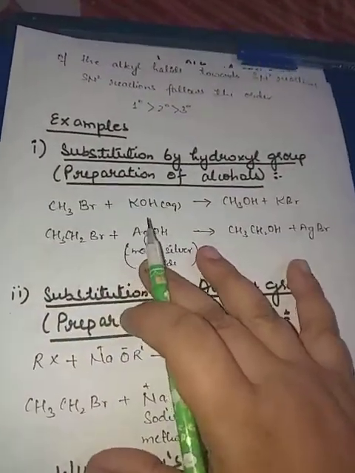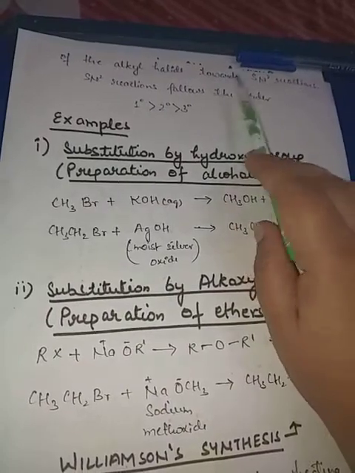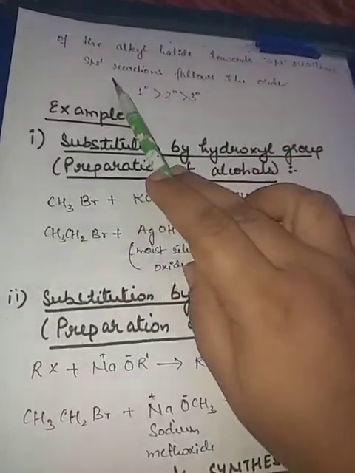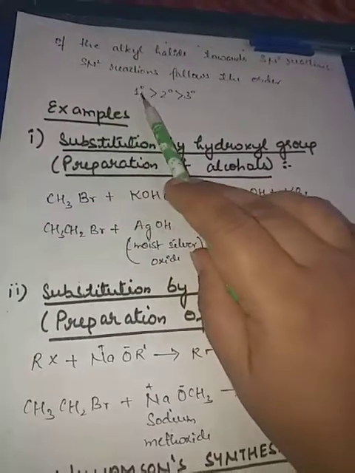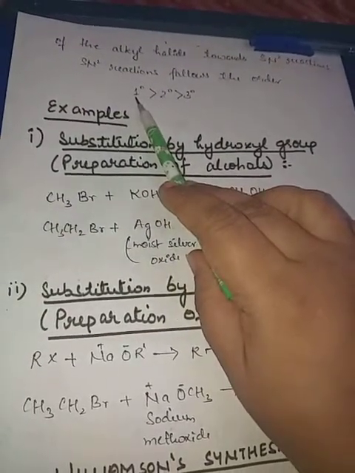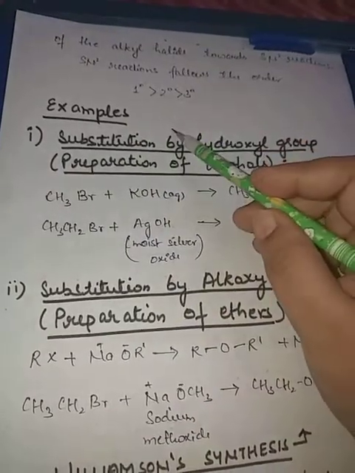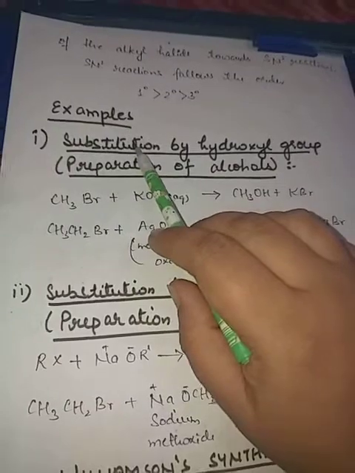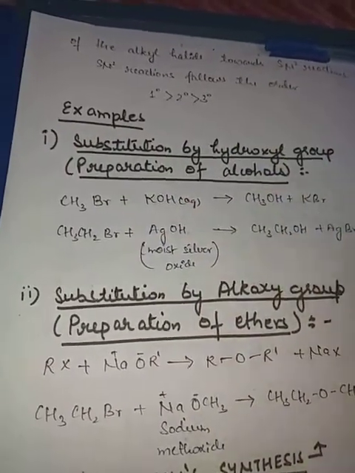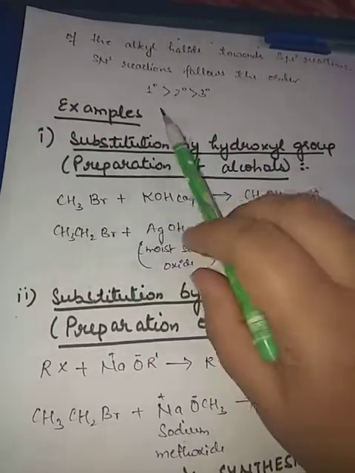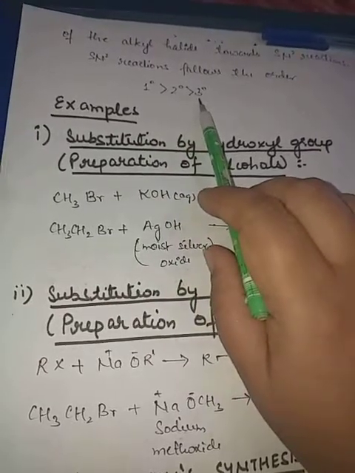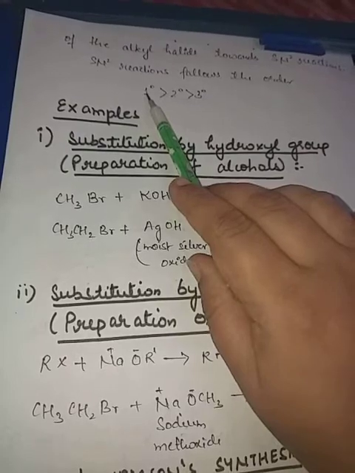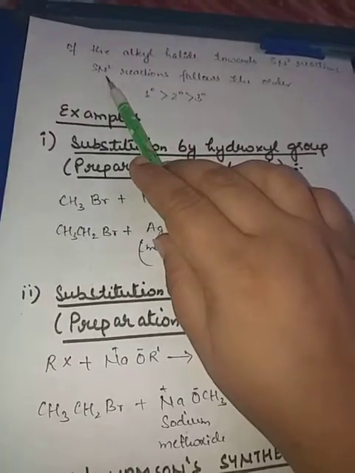Now, the reactivity of the alkyl halide towards the SN2 reaction: SN2 reaction will be done with difficulty. That's why if you are talking about SN2 reactions, then primary can do it quite easily, because the nucleophile will be there and the outgoing halide will be there. If more alkyl groups are there, then tertiary cannot do that. Okay, it will be easier for primary to do the substitution by SN2 mechanism.